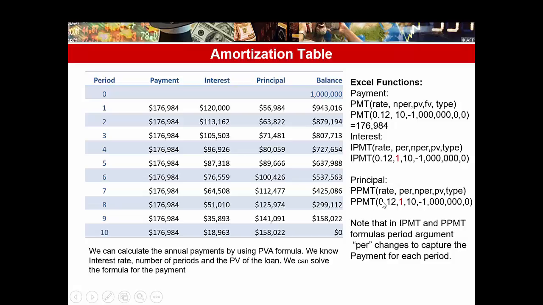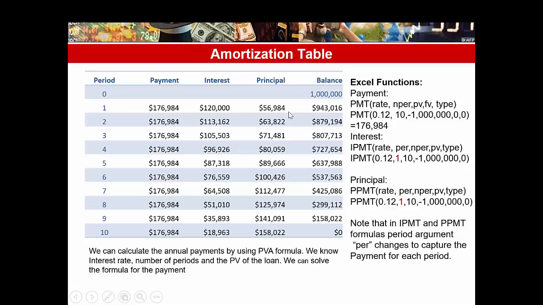The arguments are very much the same. We have this time interest rate again, and period that we want to calculate the principal for. Number of periods is the maturity of the loan, and the loan amount. So this function produces the principal for any given period. For instance, if you would like to calculate the principal that was paid in period 1, we would just enter 1 here for period, and that would produce